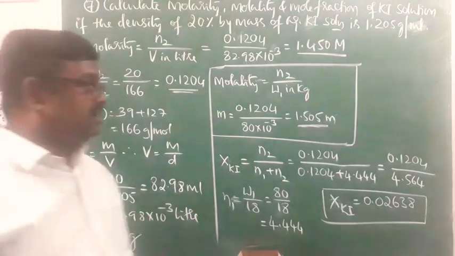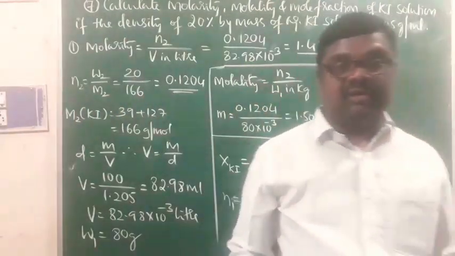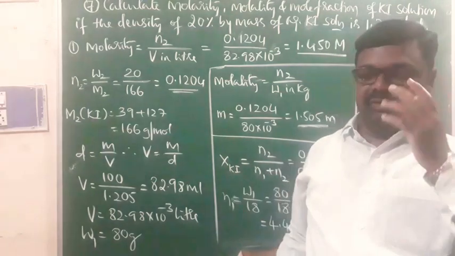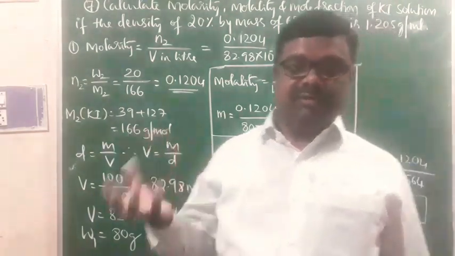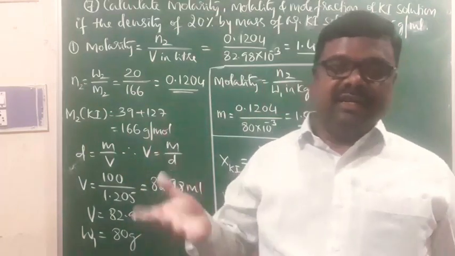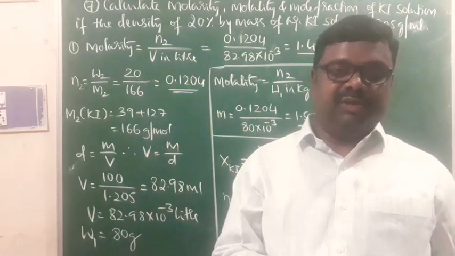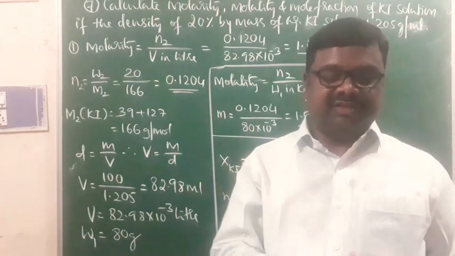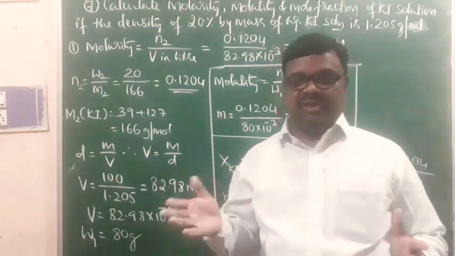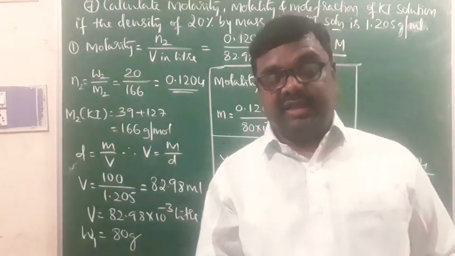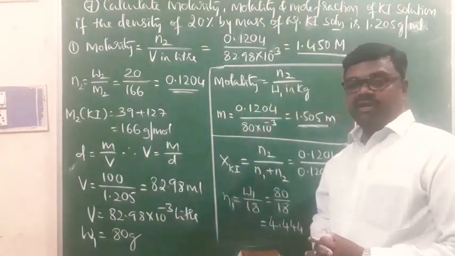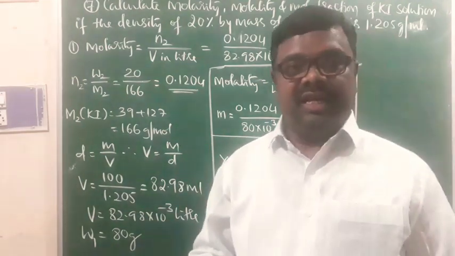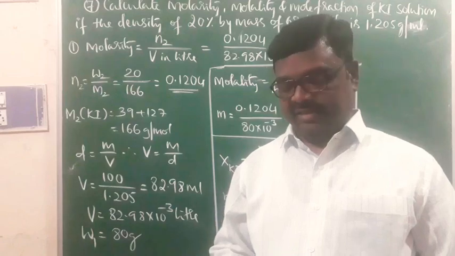Okay, that's all about the problems on these methods of expressing concentration of solution. I solved problems from the NCERT book, some from the solved examples and some from the in-text questions. Try the remaining ones. If you have any doubts, just text me. You can send the message to me so that I can solve the problems also. So that is what we call numericals on methods of expressing concentration of solution. With that, we'll go to the next topic. Understood?